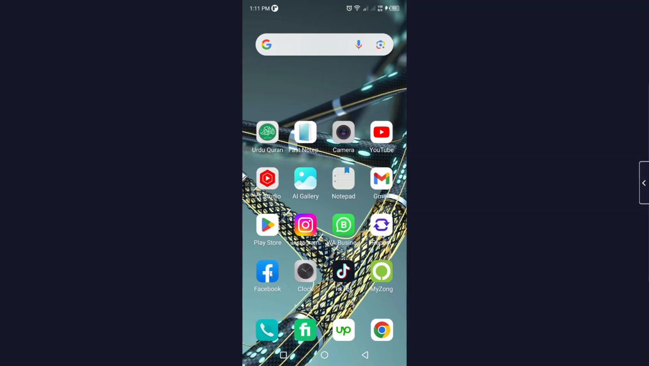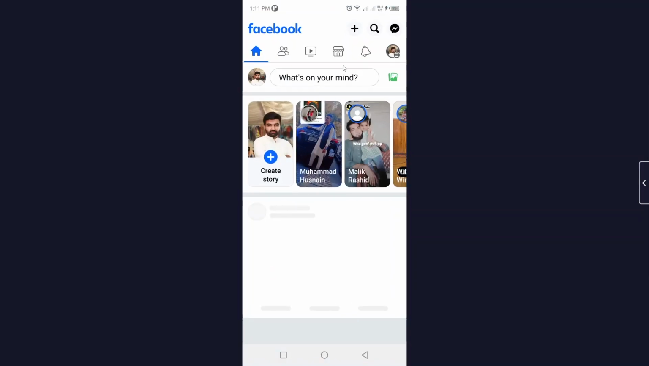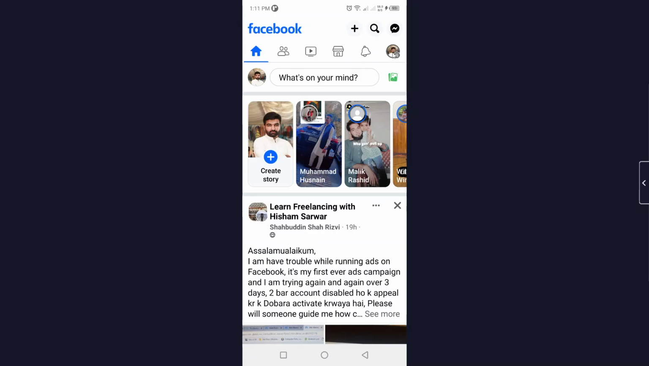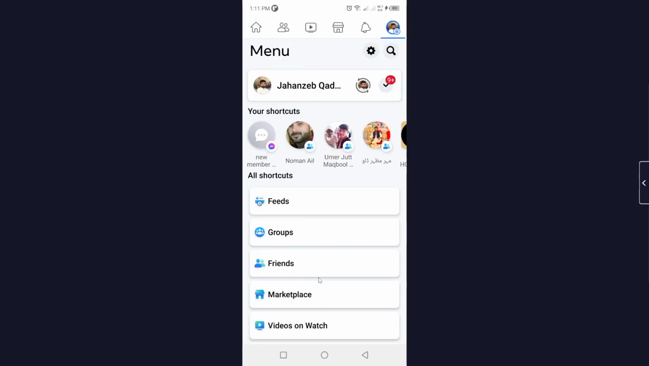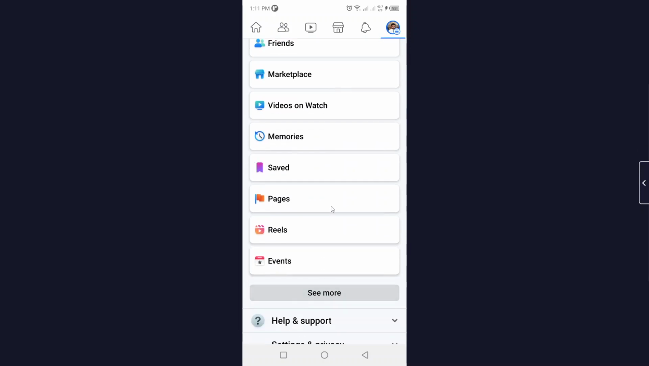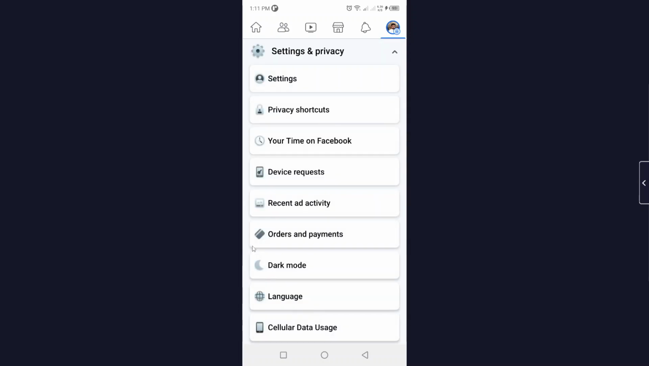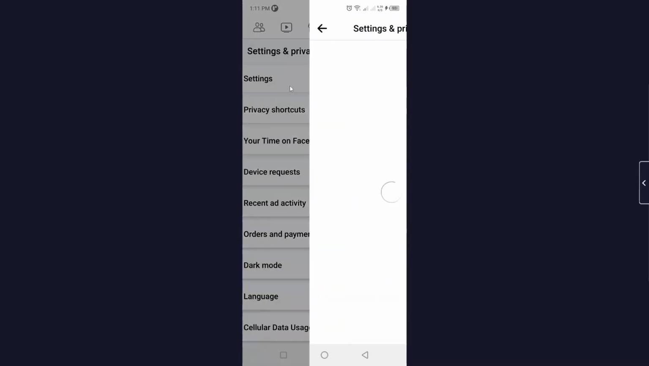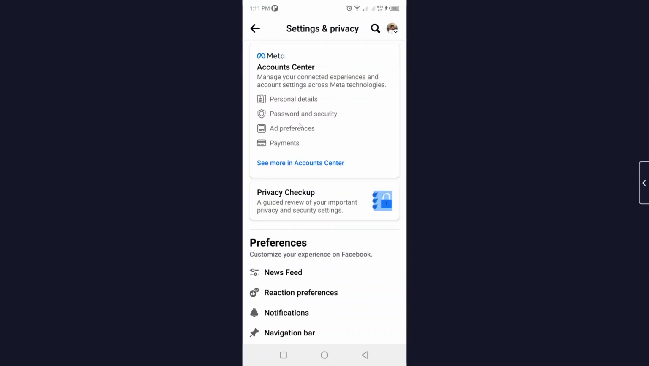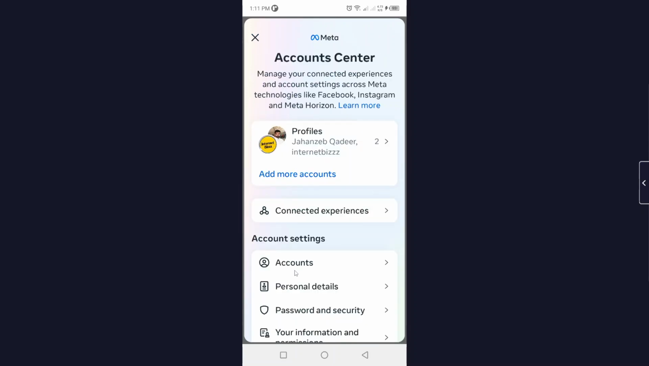So the first step you simply need to do is to open the Facebook application, and then click on your profile picture on the top right. Here you need to scroll down and click on settings and privacy, and then click on settings. Here you need to click on the personal details center, and here you can click on your personal details,